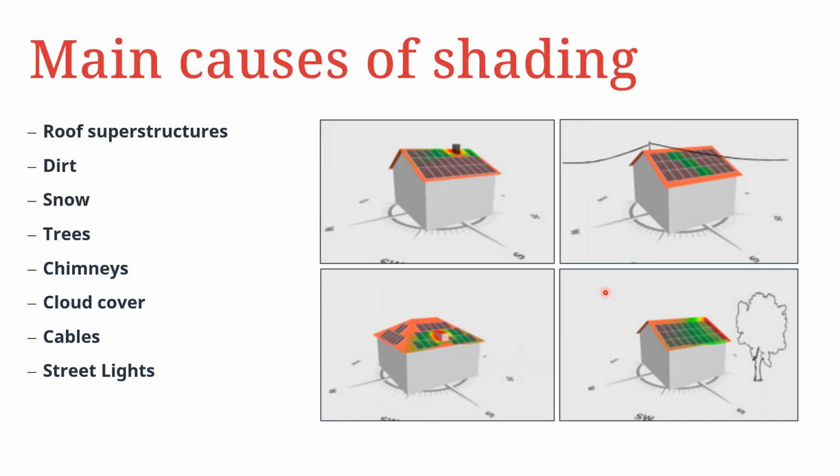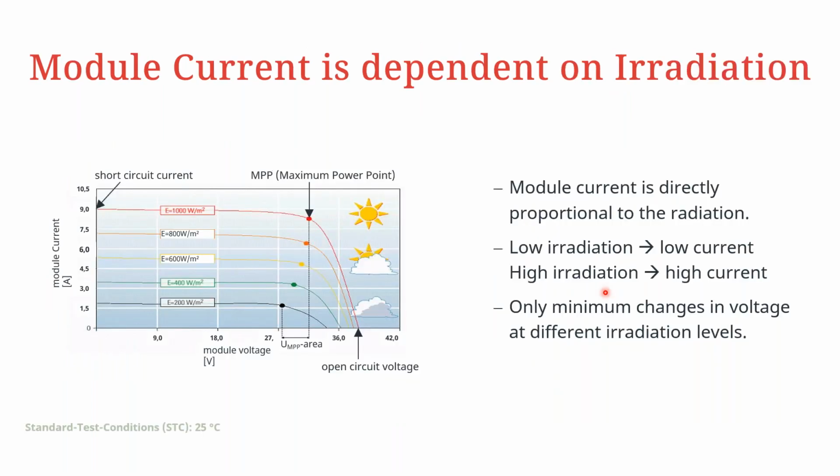Shading can actually be caused by trees, chimneys, as I mentioned earlier, cloud cover, cables, street lights, just to mention a few. So, having said this, let's now look at the dependency of the module current on irradiation. Having a look at this IV curve, we can extrapolate and see the effect of irradiation on the